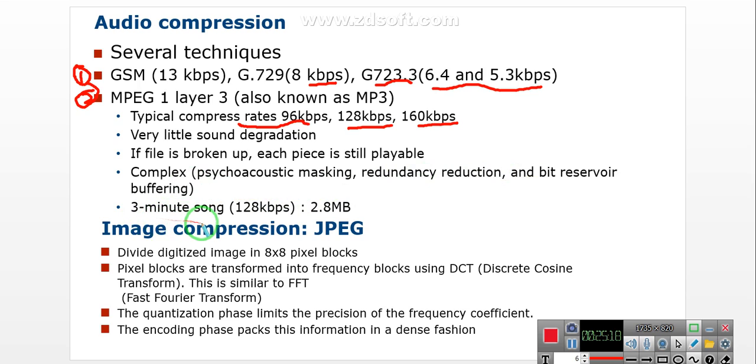When you are making a 3-minute song, and in the 3-minute song you are working on 128 kbps, you need to convert the 3-minute song into compressed form. So you have 128 kbps, and 3 minutes multiplied by 60 is going to be 180 seconds. So it's equal to 128 multiplied by 180, which is equal to 23,040 kilobits